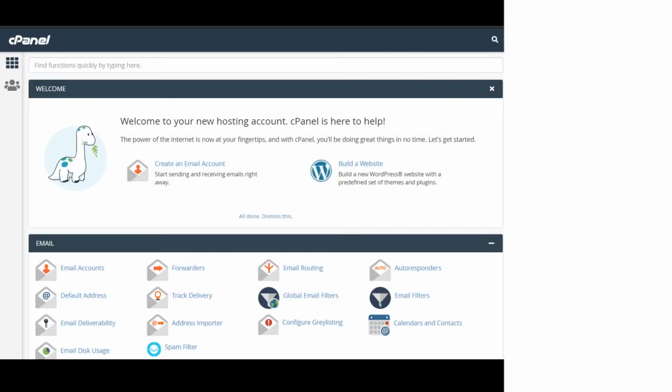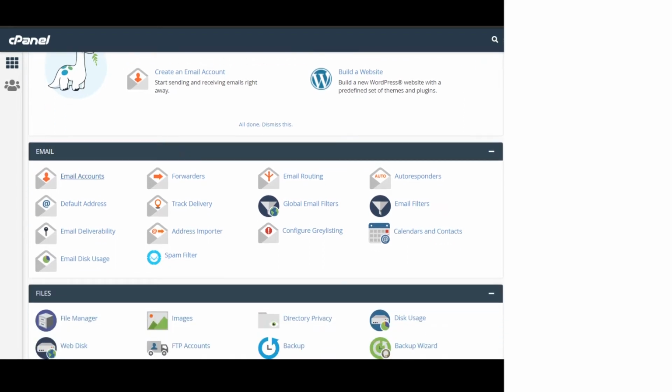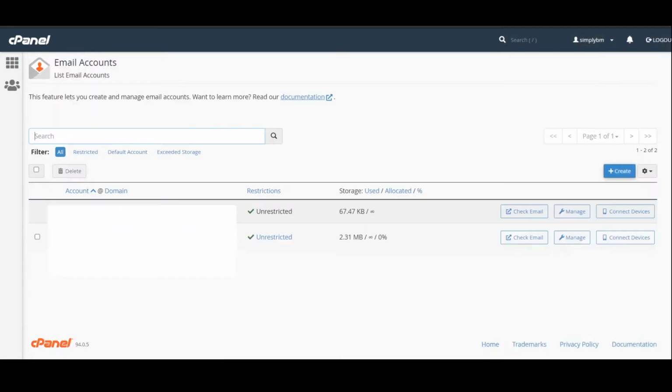Right, so once we've logged into our cPanel account, we're going to look at the bottom of the dashboard. Should be one of the first options. It says email accounts. Click on email accounts. We'll then have all our existing accounts over here, and then we have a button that says create account. Depending on what kind of plan you're on, you'll have a limitation on the amount of email addresses that you'll be able to set up. So let's click on create,